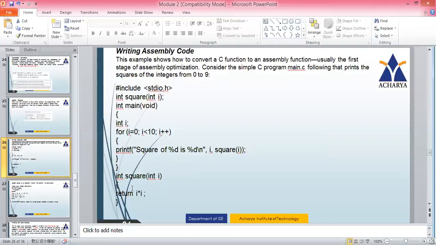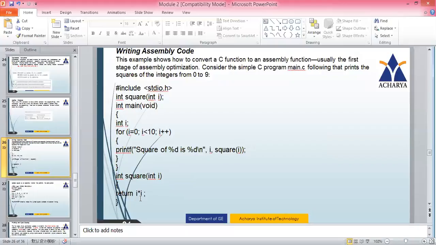If you pass 1, it will return 1. If you pass 2, it will return 4. If 3, it will return 9. In this way, this particular function will be called for every number, and it is going to print the result in the main function. So throughout, you are making use of only one variable I. This you have to keep in mind.